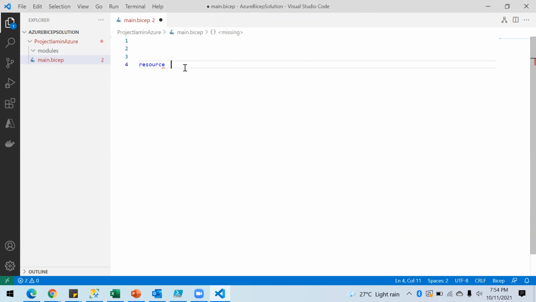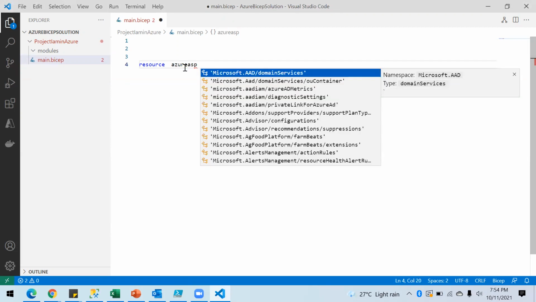I am going to deploy a web app, so I need a web app and an app service plan. Only then can I have that web app inside that app service plan. So I'm going to create an ASP and name it Azure ASP.